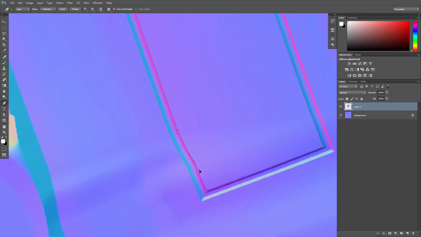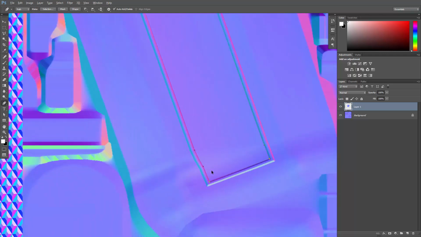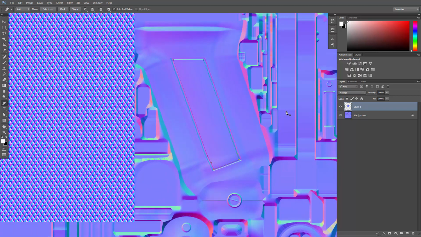If you have a bit of a curve here, you can just keep the mouse button pressed and it will give you this curve here. So you can just do exactly that kind of action. If you press Alt, you only work with one of these handles to point it in a certain direction. And I'm just going to connect it here, which means we have this path here as one. And then you can go over here to the path window or tab, select that path, and with Control and that button here, we have now a selection here of only that target area where we want the diamond normal